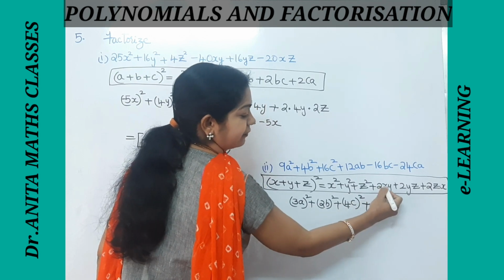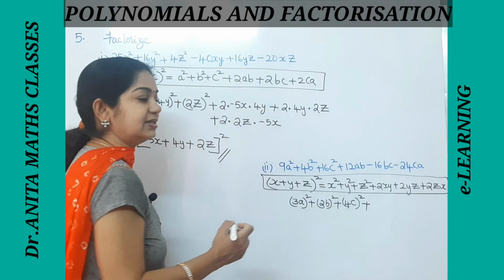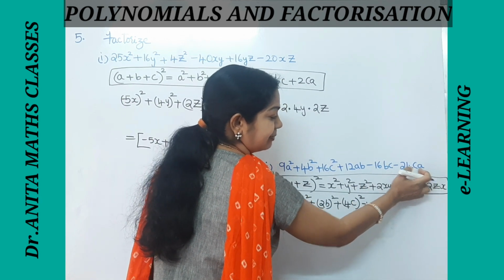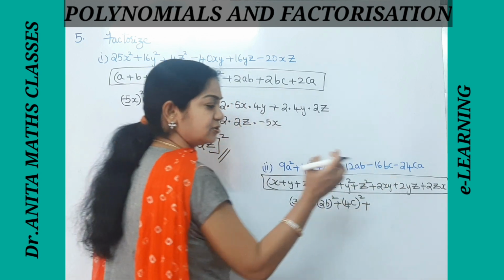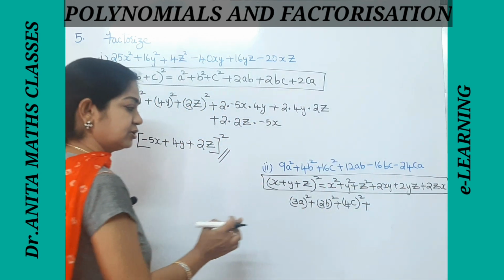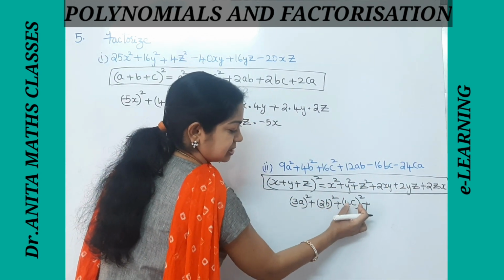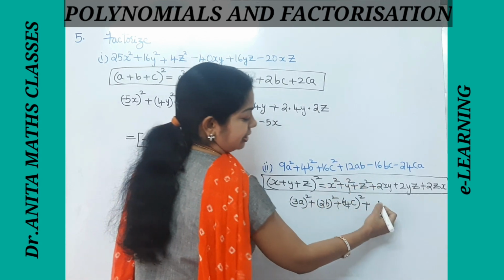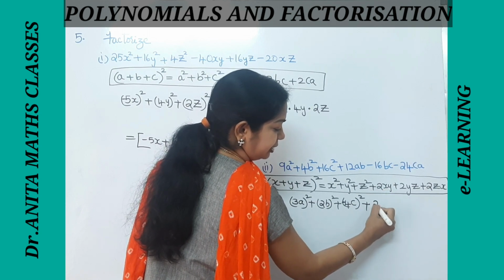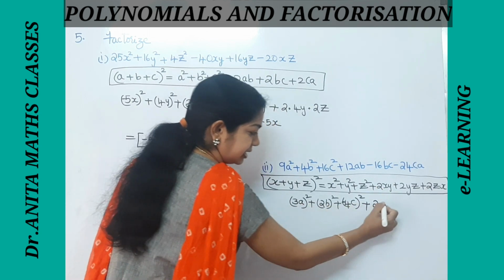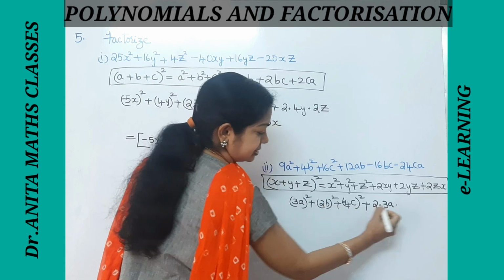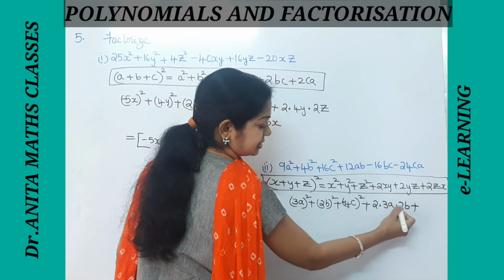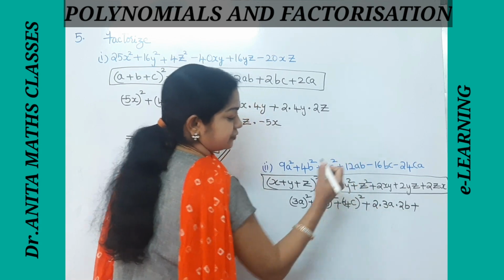Now in the formula we have 2xy. Now clearly see where the negative signs are in BC and CA. That means the common thing in these is C, so the C part should be negative. So that is minus 4c. The rest are positive. Now if you take 2 into x into y, x is 3a, y is 2b. Let us verify: 2 times 3 is 6, 6 times 2 is 12, so positive 12ab we got.